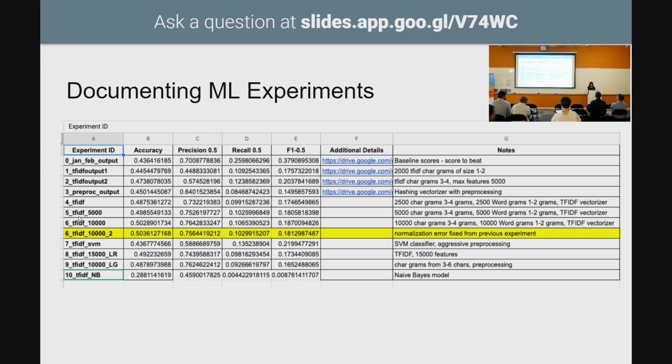And I have a question. The point of ML experiment is reproducibility, right? So why are we storing it? If our use case is reproducibility, then what is the use case for storing all the different models? So reproducibility is of different types. So the question is, if it's just reproducibility, why are we storing all of these models?